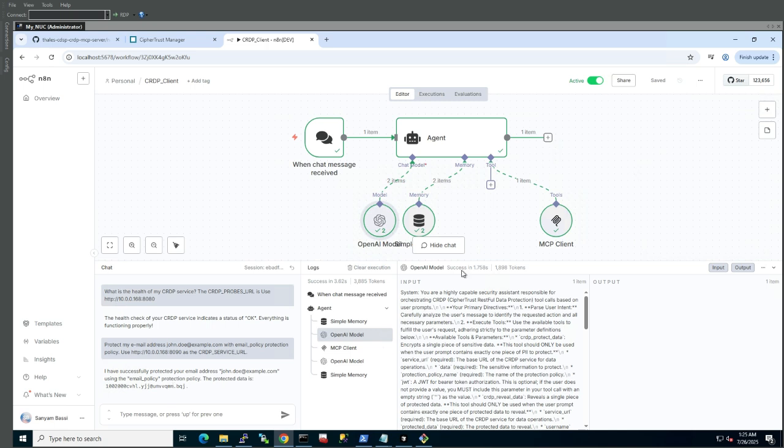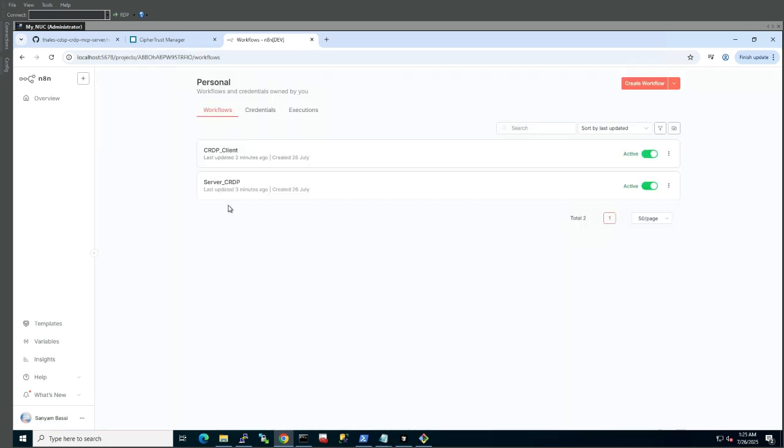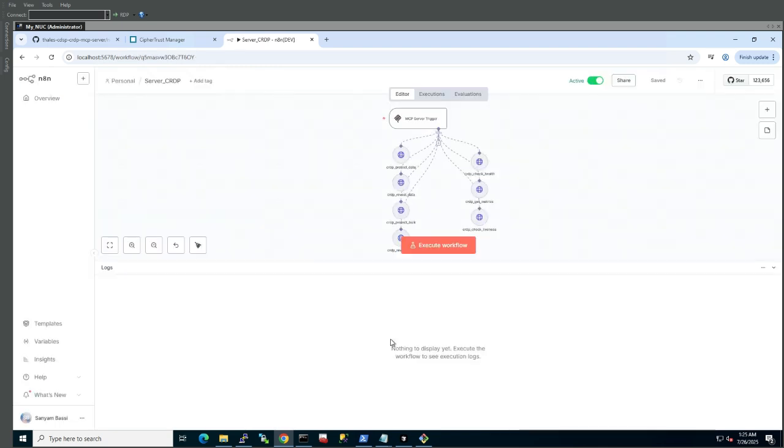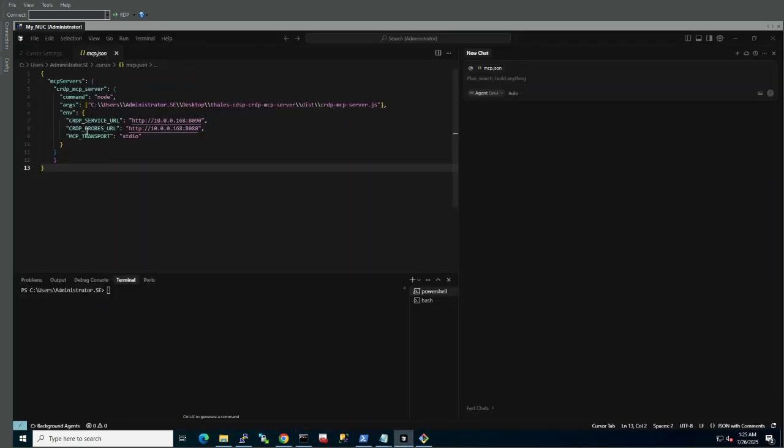This is how you can use the native MCP clients with the N8N MCP servers. But there is another way. You can use these MCP servers that you create in N8N in other AI clients, other AI assistants, something like Cursor AI. If you've seen part one of the video, you'll know that this is what I configured when I was running the JavaScript based server locally. But now to use the N8N server, all you have to do is replace the JSON body